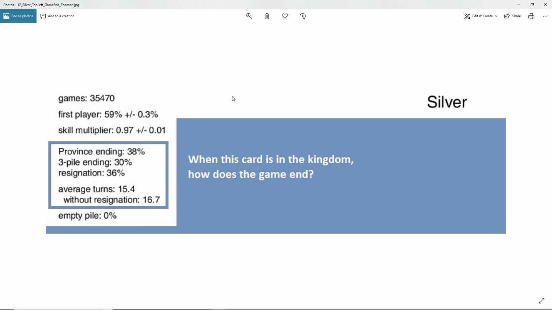This one is really cool, and a pretty recent addition. So these stats that I've highlighted are answering the question of, when this card is in the kingdom, how does the game end? And it's answering this question in two different ways. First, by what is the endgame condition? So in Dominion, there are 2 recognized endgame conditions, ending on the province pile or colony pile, and ending on 3 other piles. And then you can resign at any time in Dominion.games, so that's a third way in which the